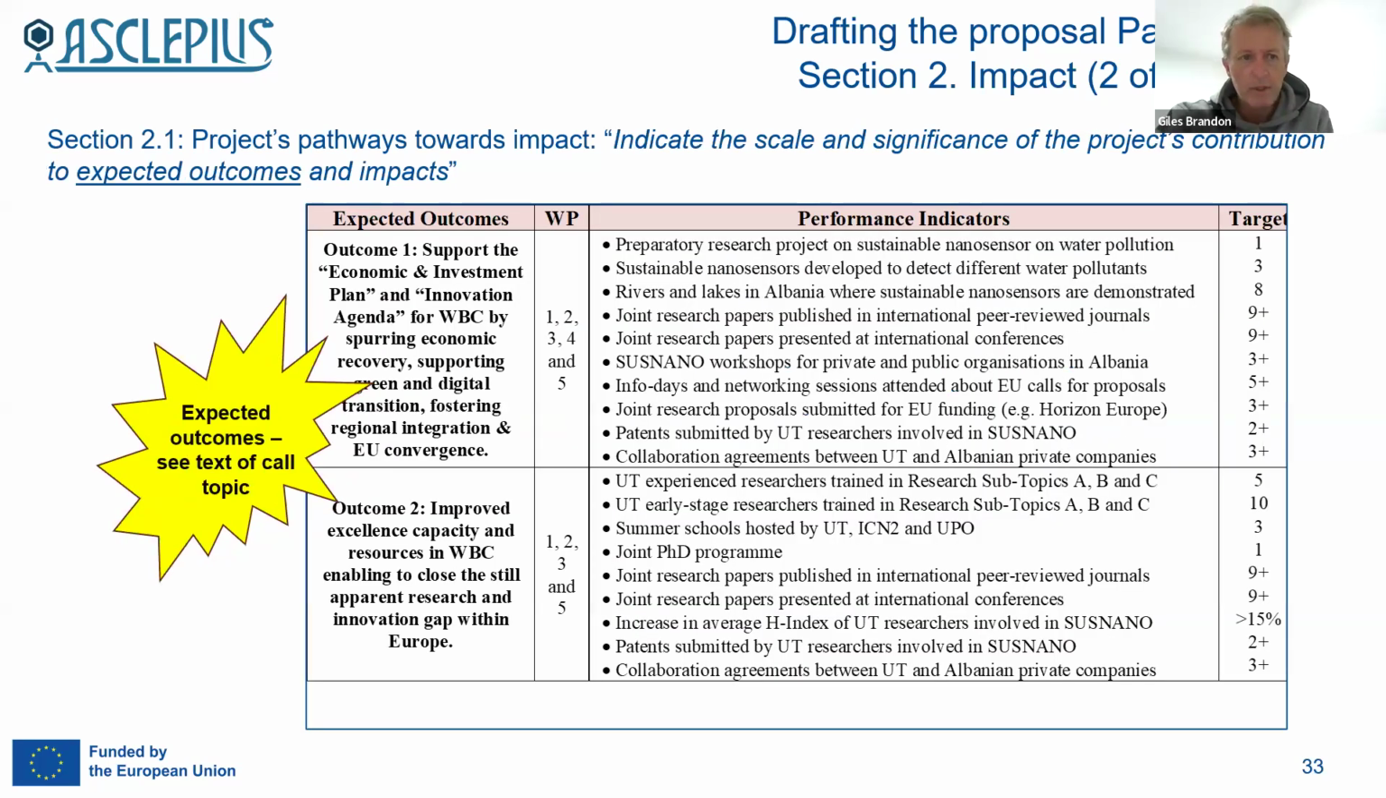Next slide. But also look in this section 2.1. The standard application form says things like, and it's written in italicized here, indicate the scale and significance of the project's contribution to expected outcomes and impacts. So a moment ago, I labored the point about how to write text and use ChatGPT or another generative AI. It's not only good if you can describe these impacts in qualitative terms, but it's also very important to have